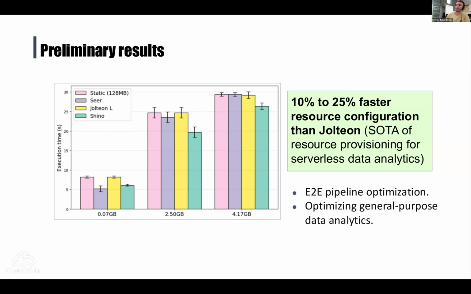And obviously what we are working on, and this is work in progress, is doing this first for the whole pipeline, the end-to-end pipeline. As you can see, we are just getting 10 to 25% improvements, but this is just the first part of the pipeline. We are expecting to